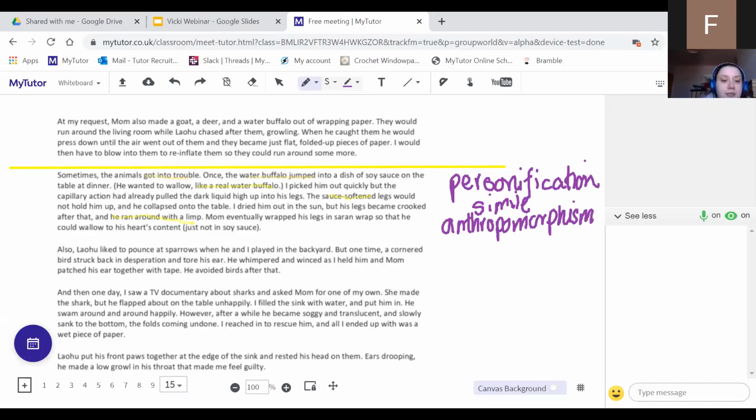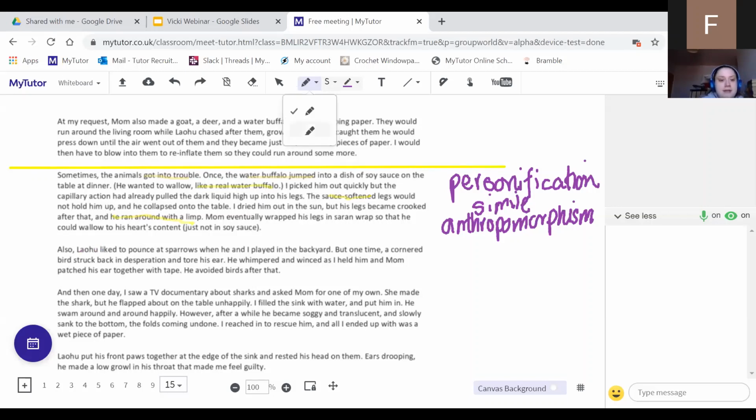"Mum eventually wrapped his legs in saran wrap." Saran wrap is cling film, "so that he could wallow to his heart's content." So loads and loads of personification going on. I think so far we haven't really found any evidence for him not having an active imagination. So he then goes to talk about